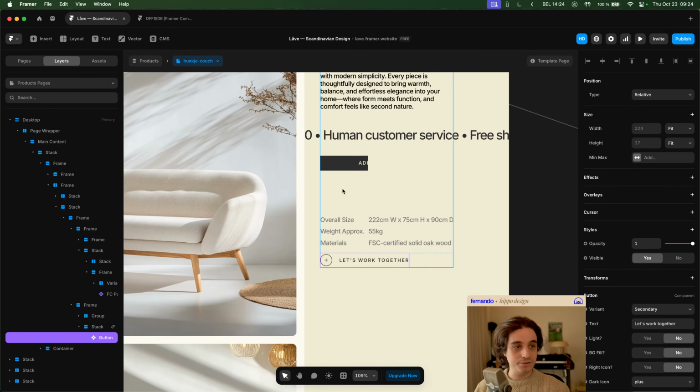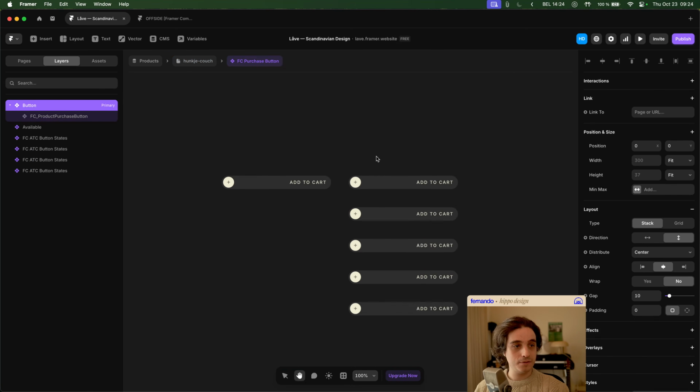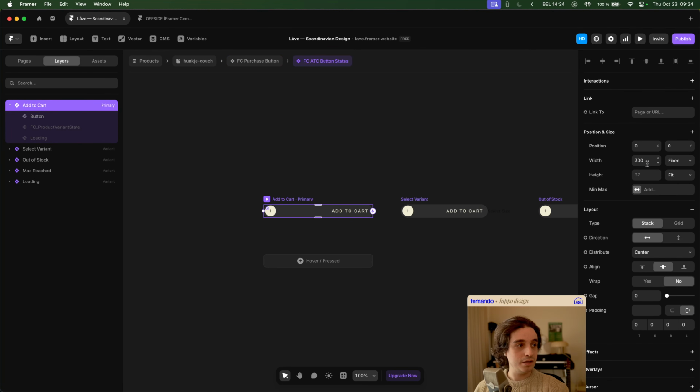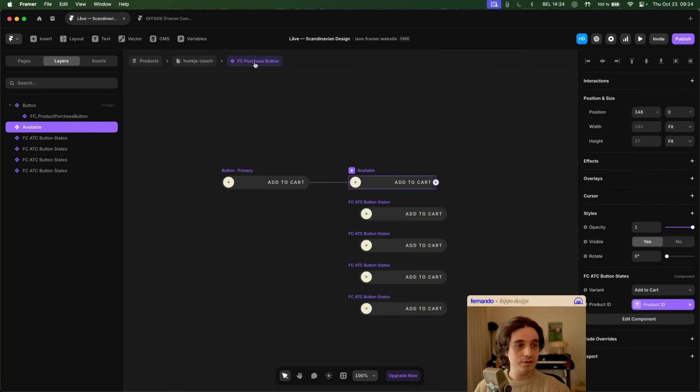So that means that if I set, that component is nested in here. That means if I set like a 120 here, it's going to adapt. 120 is too small, but you get my point. You see, if it's not too small, it's going to go ahead and adapt to whatever I want. So I'm actually going to go ahead and try and set this to fit again and just see what happens here, because